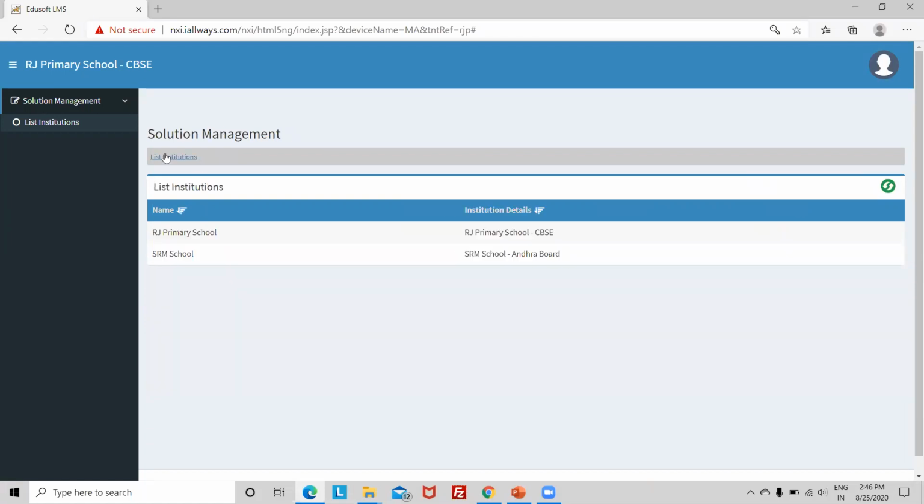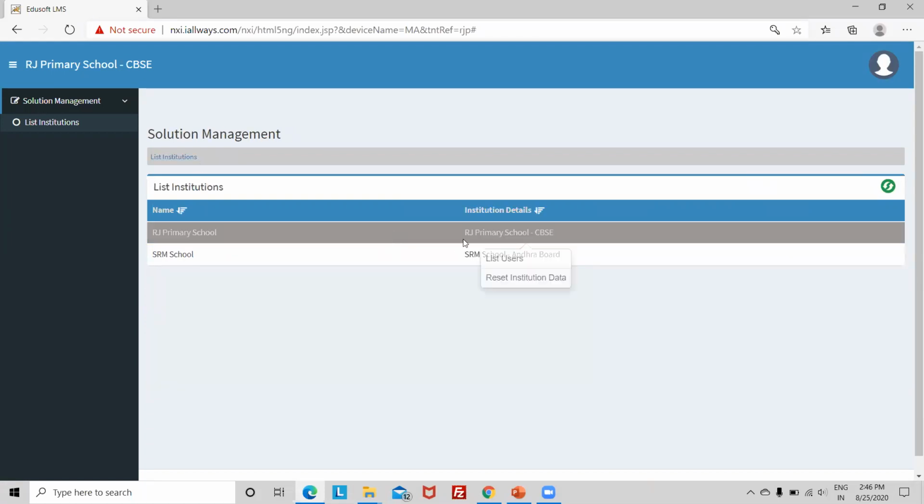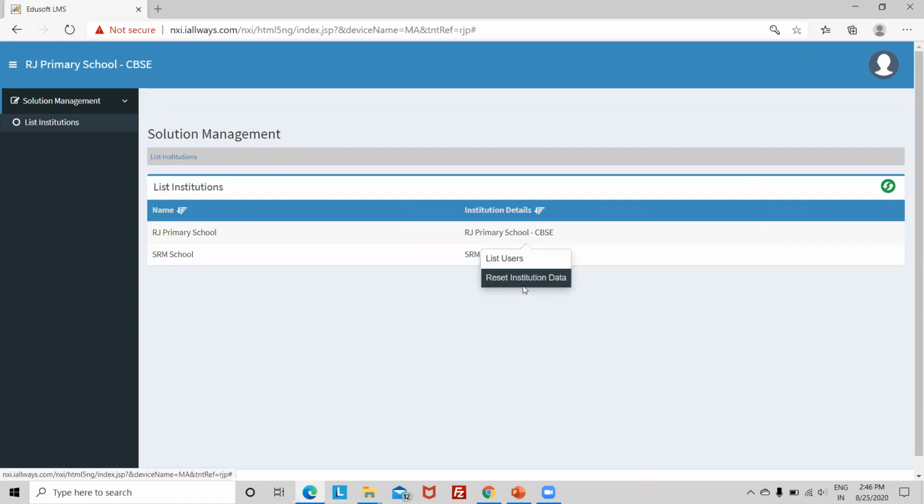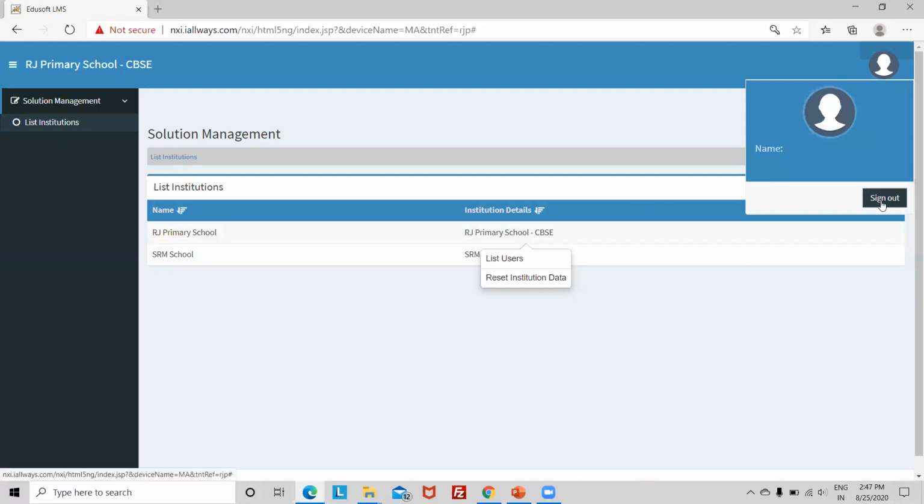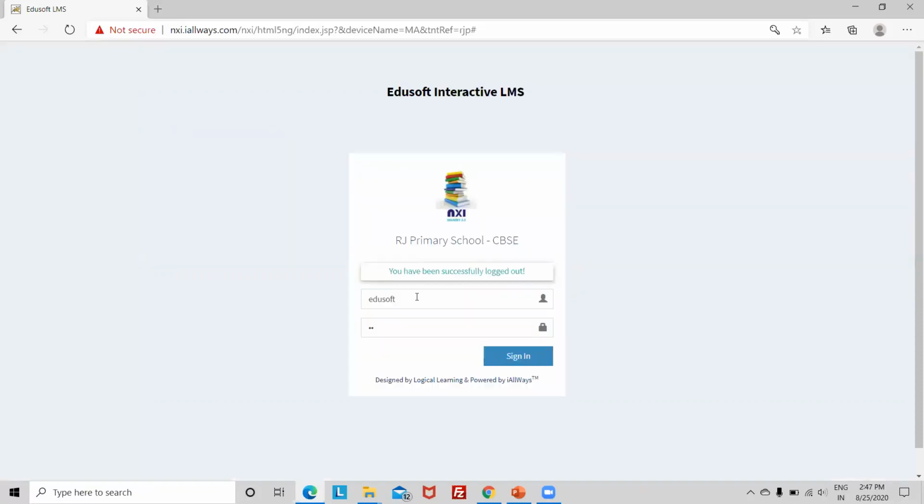Okay. So other than that, you'll be able to reset the data. For testing purposes, as you register more teachers, students, everything, on top of the default data already available, once you reset this data, all those data will be erased. Only this default data will be available. So this option enables you to do that. So this is about the EDU soft login, the super admin. So next, let's come to the school admin.